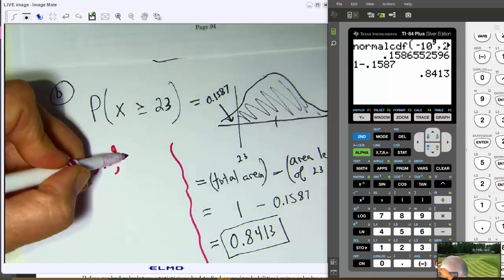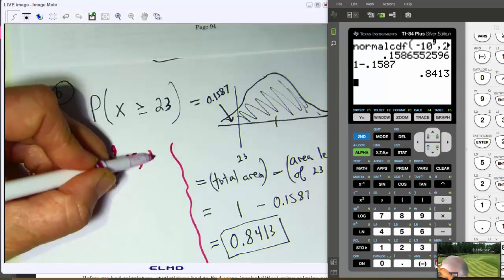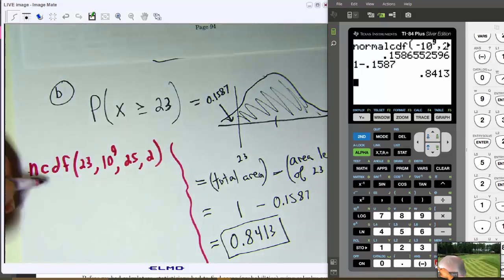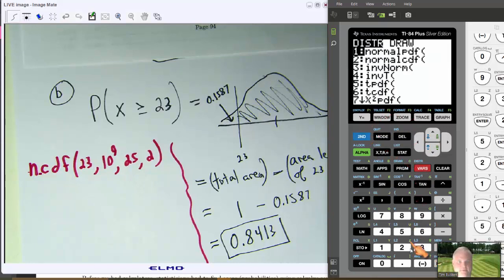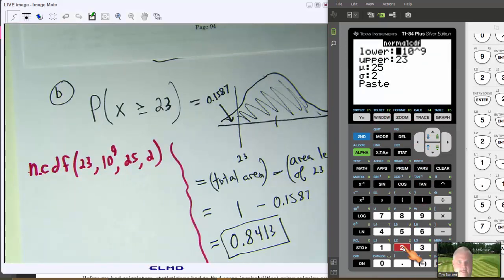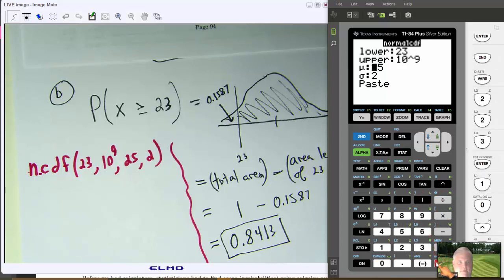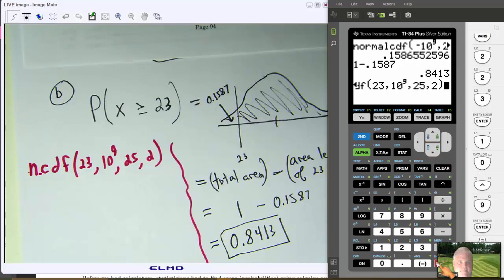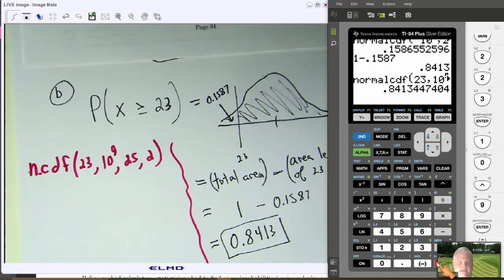And then, of course, the mean is 25 and standard deviation 2, respectively. Okay, so we'll go ahead and do that now on the calculator. So I'm pressing second vars 2 and give it the new information. The lower is now 23. The upper is 10 to the 9. And let's see here, same standard deviation and mean. And indeed, we're getting that same